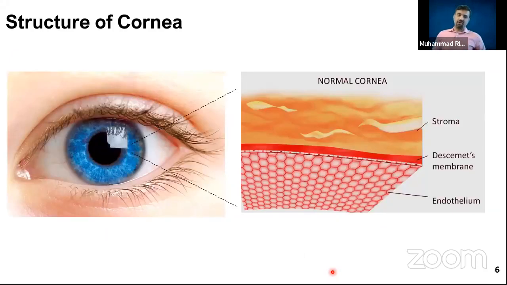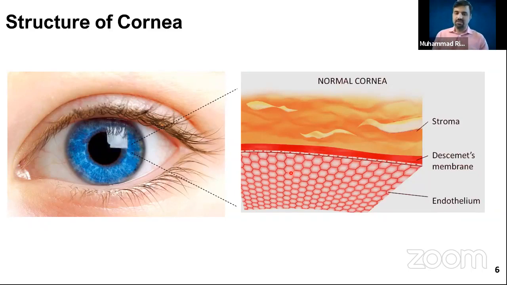Okay, so I'll start with the cornea. Cornea is really the front transparent part of the eye. When we go deeper, we see that it's a layered structure. The bulk of the cornea is something called stroma. You don't really need to pay attention here. What I really want you to pay attention to is the endothelium. This is just a layer of cells in the posterior corneal region. These cells are very important, even though it's just a layer of cells, because they help our eye maintain its clarity and transparency so that we can actually see.